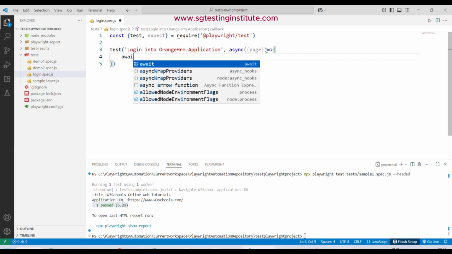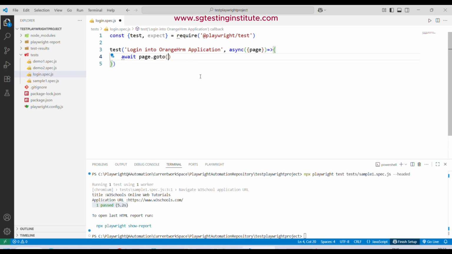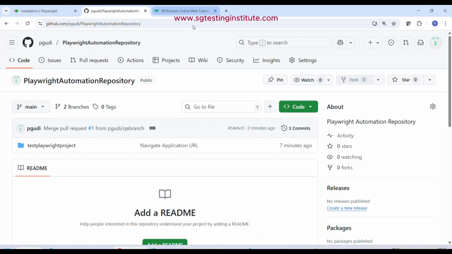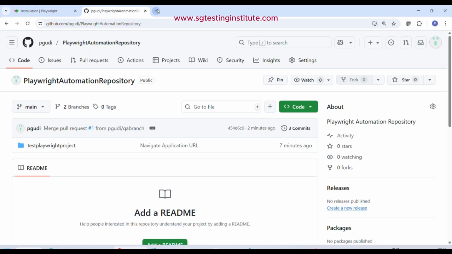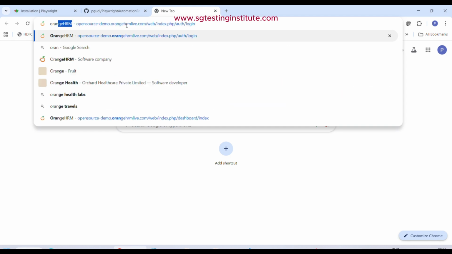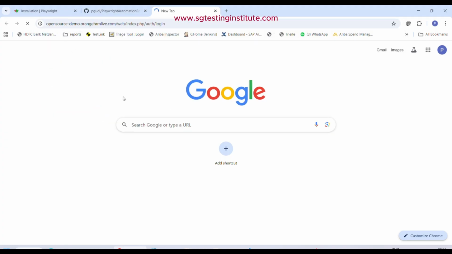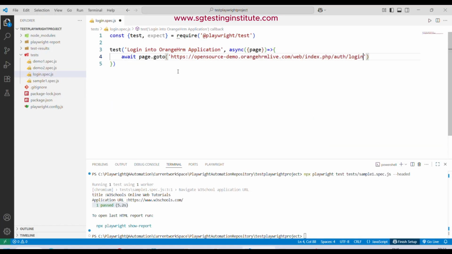So await page.goto. So now we need to provide the URL of our application. Which is the URL of our application? So we need to navigate to, so this is the application URL. This is a sample application URL only. So copy this particular URL. We need to provide it here. So once after navigating to the application URL, the next step,